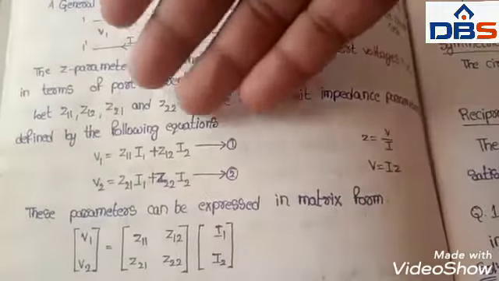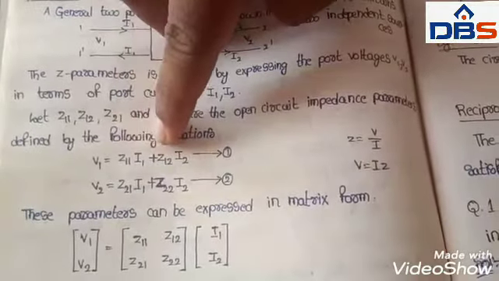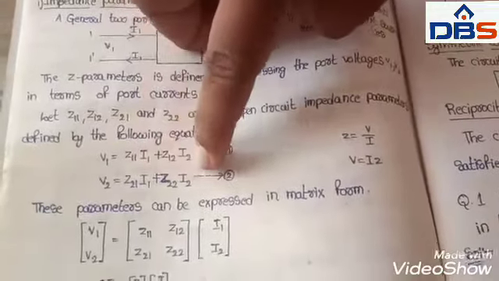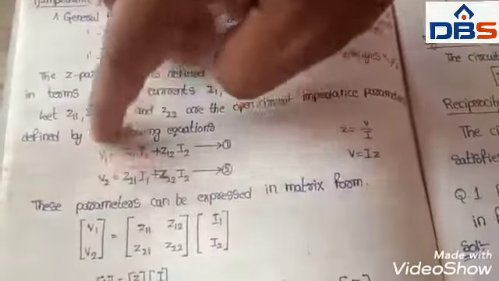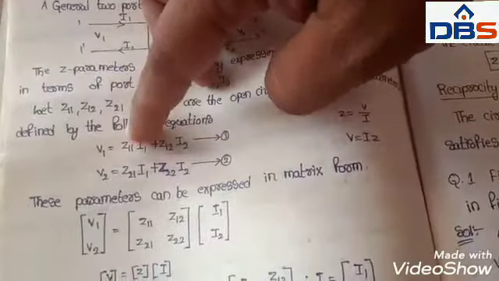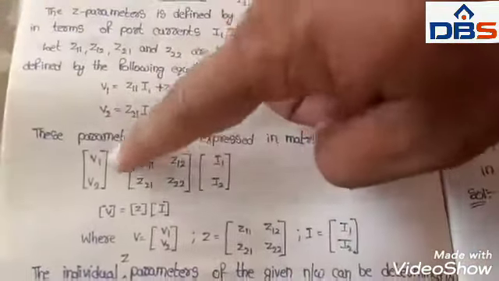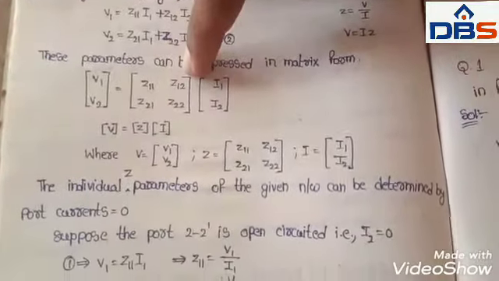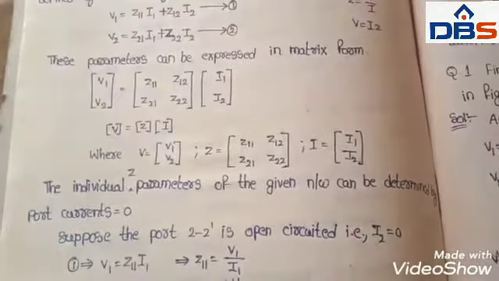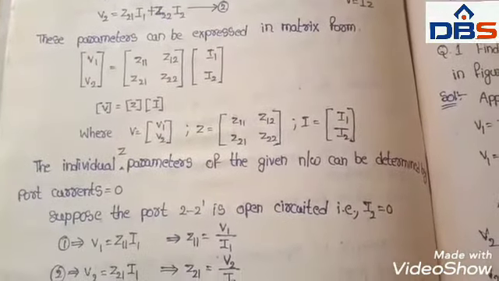So the Z parameters may be expressed as V1 is equal to Z11 I1 plus Z12 I2, and V2 is equal to Z21 I1 plus Z22 I2. That means the unknown parameters are expressed in terms of known parameters with Z parameters. These two equations may be represented in matrix form: [V1 V2] is equal to [Z11 Z12; Z21 Z22] times [I1 I2], whereas V is equal to ZI. So V is [V1 V2], Z is [Z11 Z12; Z21 Z22]